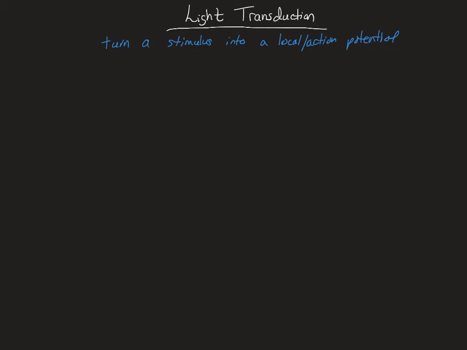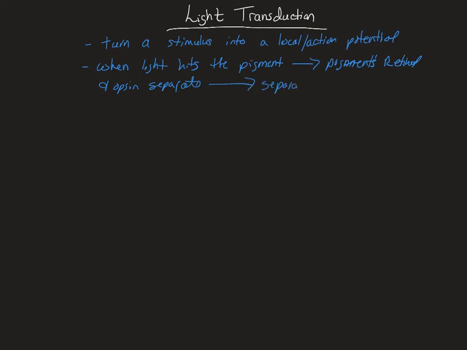So we are going to do the process of light transduction when light hits the pigment, okay? When light hits the pigment, retinal and opsin are going to separate, okay? This separation is what triggers a change in membrane potential. And remember, change in membrane potential is what creates a local potential or action potential,